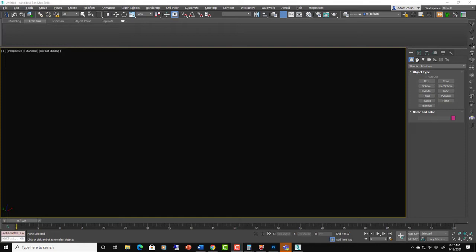But when you get into the more detailed and more advanced organic looking stuff, that's when I really like to use polymodeling. And polymodeling gives you more creative freedom, obviously, than just using splines and standard primitives. And even in conjunction with the modifiers, polymodeling gives you full control over what the shape of your 3D model is going to be. Sometimes polymodeling is the only way to solve a specific problem.